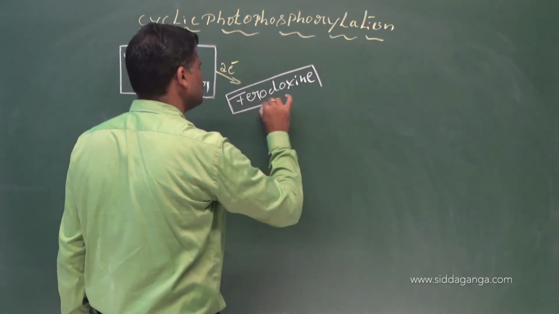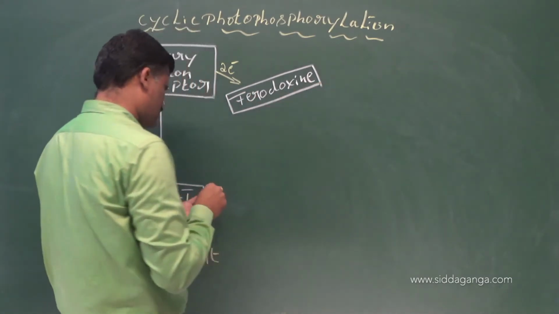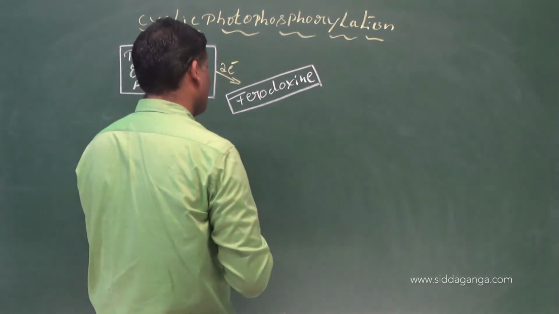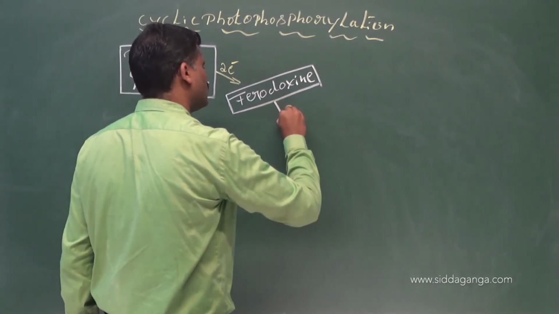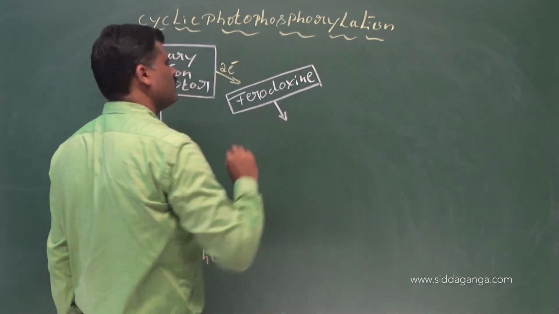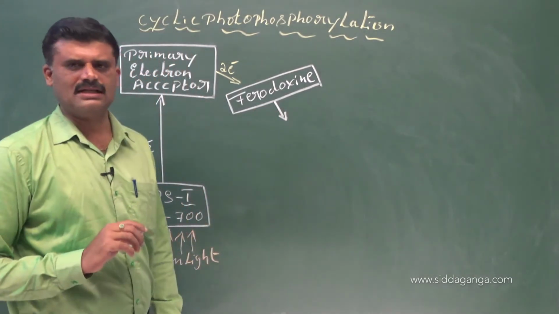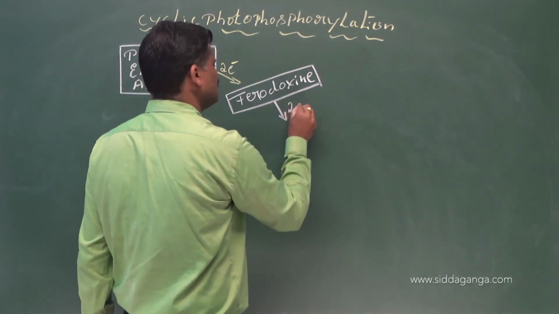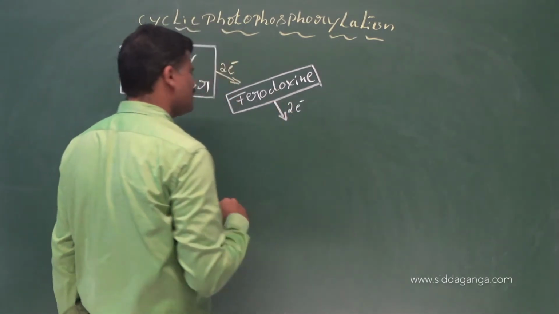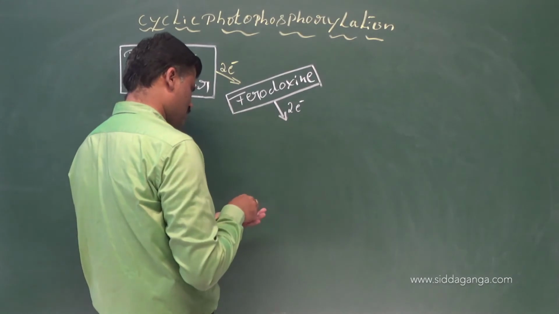Ferredoxin. From ferredoxin, the energy rich electrons are emitted out. So here what happens? Ferredoxin gets excited and it emits the energy rich electrons, and that electron is next accepted by